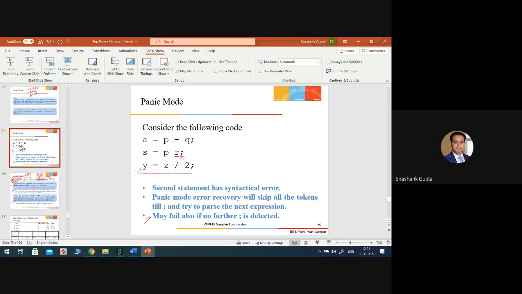Why is it not useful? Sir, because there is an error in the second line. So what is the issue there? My goal is to parse the rest of the input, whether it is syntactically correct or not. Why is it inefficient? Why is it not useful? That's the thing I'm not understanding right now.